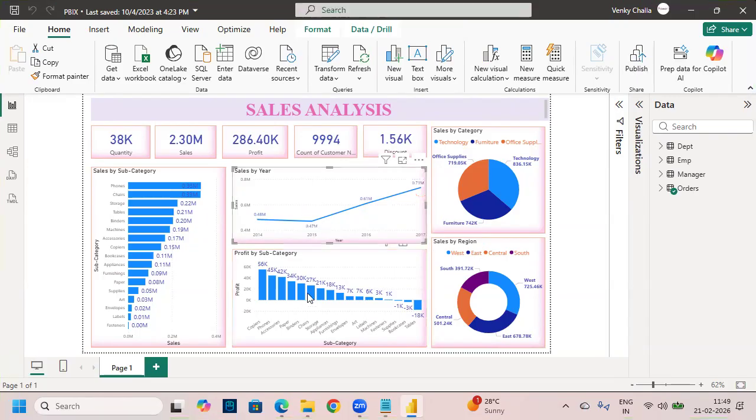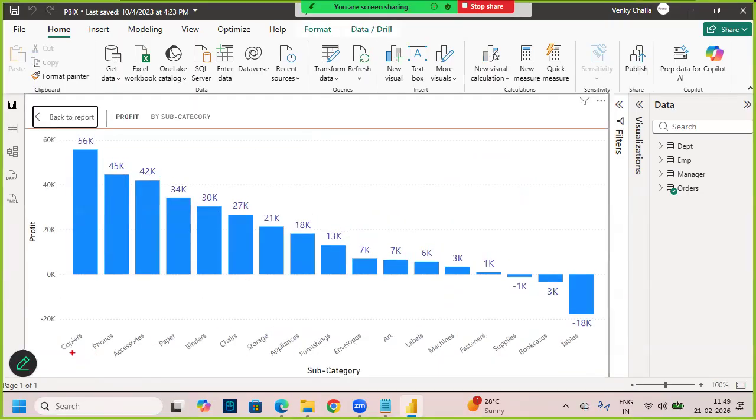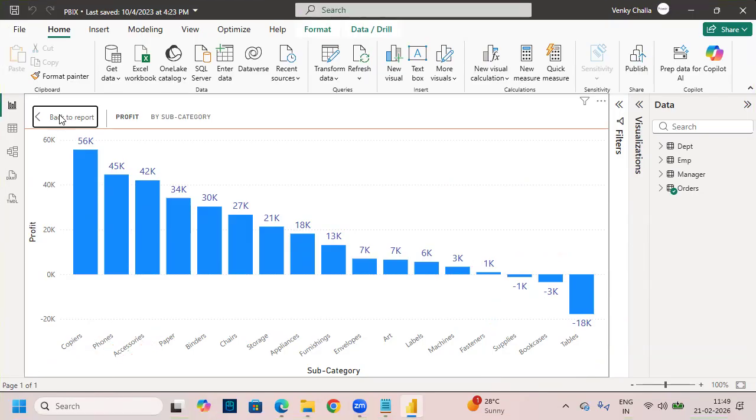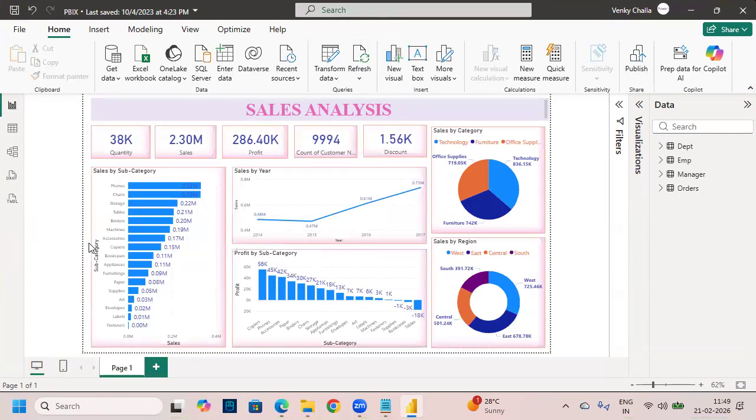And here you can see subcategory wise profit. Which subcategory is doing the highest profit? Copiers. Which is doing the second highest, third highest? And if you see, there are three subcategories where they are getting negative profits, right? So by seeing these visuals or reports,